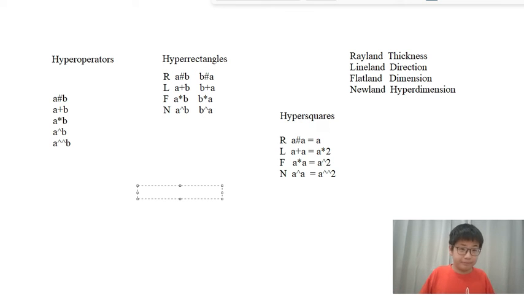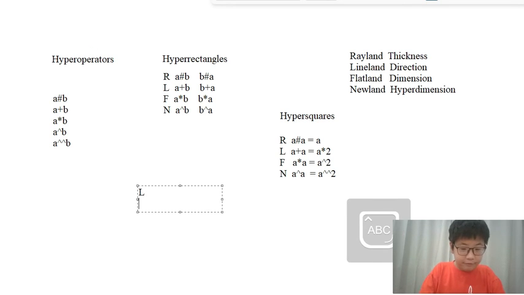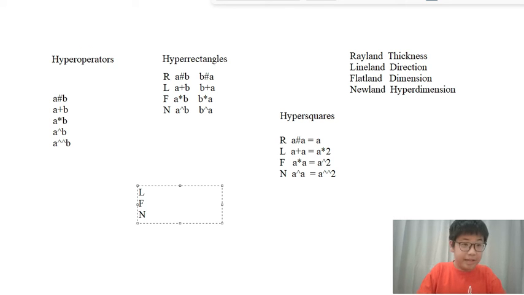We solve a problem. Yes, we solve a problem. We solve a very pertinent problem. So in Lineland, Flatland, and Newland, we exclude Rayland because it's too simple to have any description. So in Lineland, our hyperrectangles have a plus b compare b plus a. In Flatland, we will have a times b plus b times a